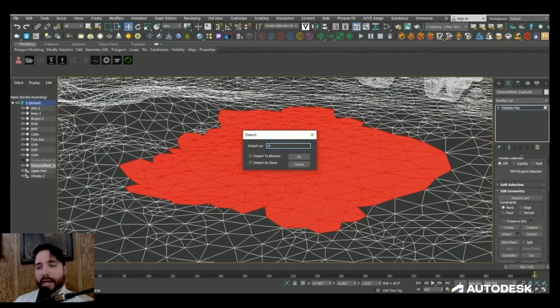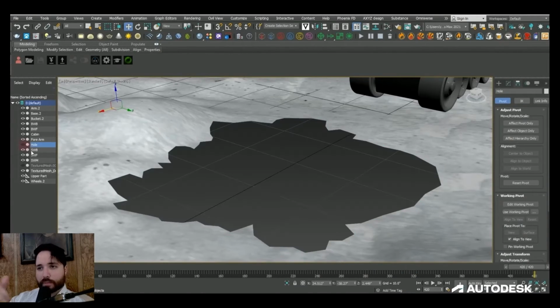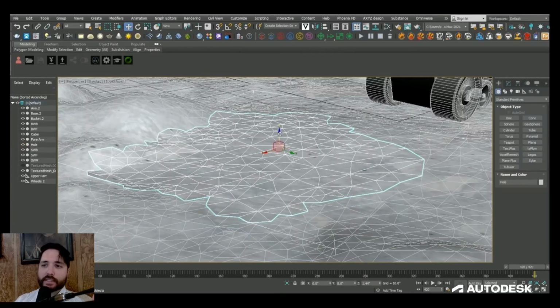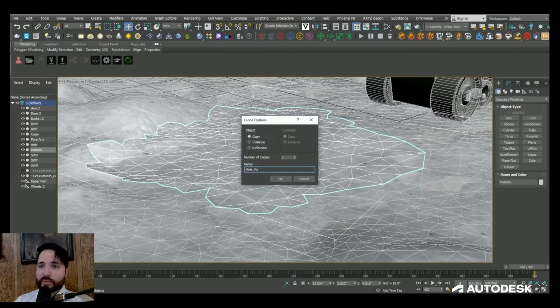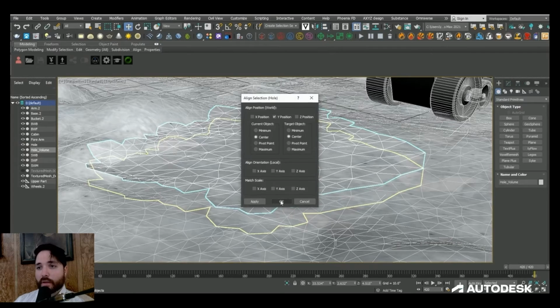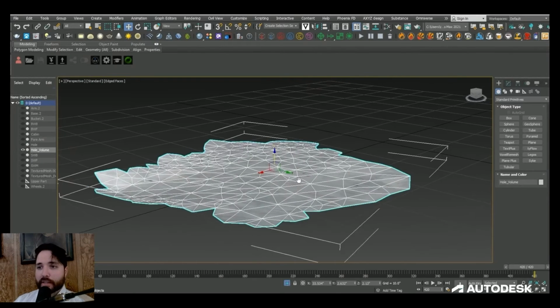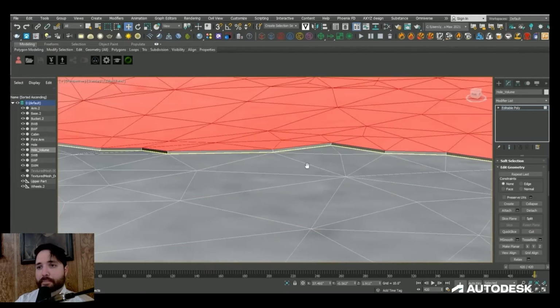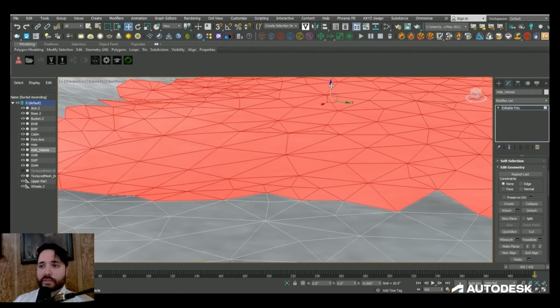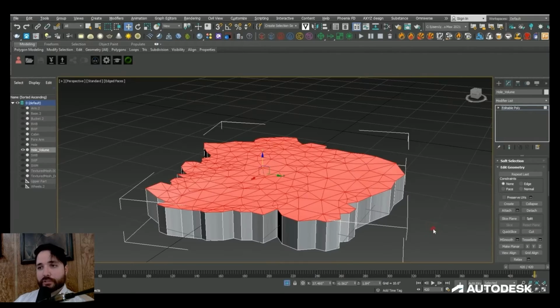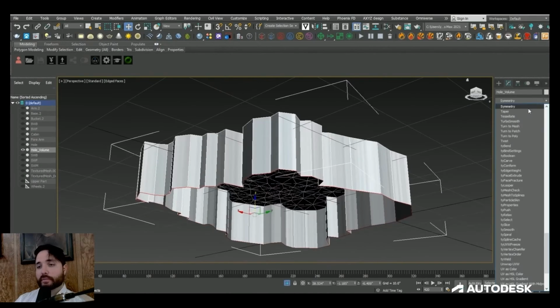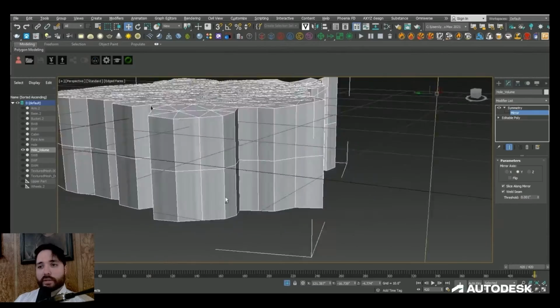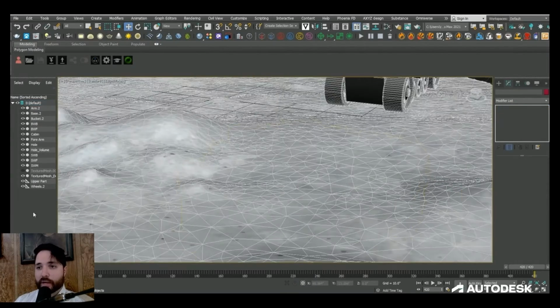Now to create that mesh, I isolated a region of the ground where the shovel was passing through so that I could extract it as a copy. This will be in essence the boundaries of the hole. Now with that extracted mesh, I could then use it to create an airtight volume using extrusion and a symmetry modifier. To minimize the amount of cubes needed within our volume for testing, I made sure to bring the bottommost layer of the vertices to just below where the claw of the excavator was passing through the ground.